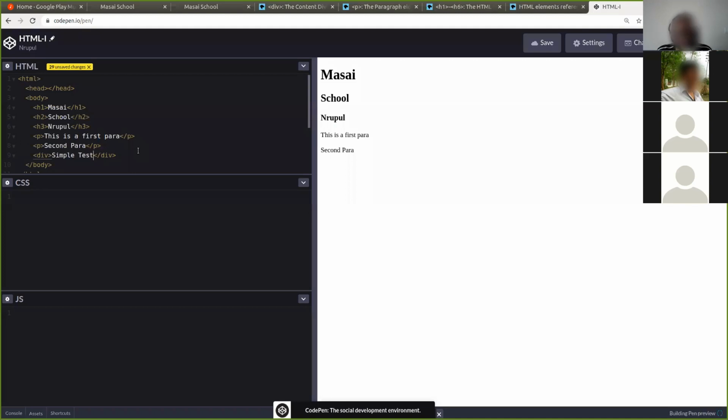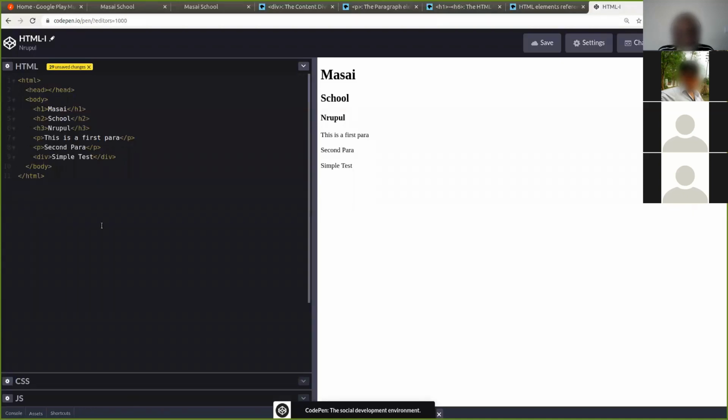You can put anything inside it. You can put images, paragraphs, headings inside it. Let me showcase that. It will act as if it's a block of code. The thing is very small, but it acts as a block of code.